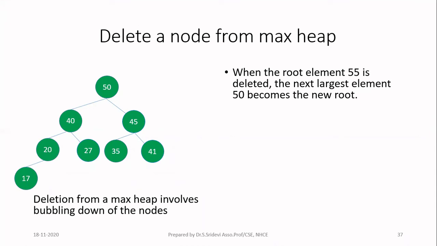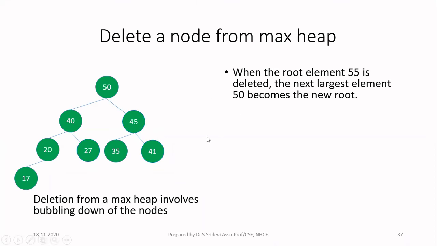If you consider min heap, every time you will start at the root node, you will delete the root node. And in every deletion, the next minimum node will become the root of the tree. So this will be followed in all the deletions. Let us see one more example so that you will understand in detail.